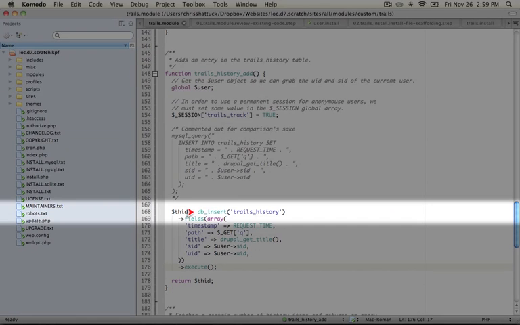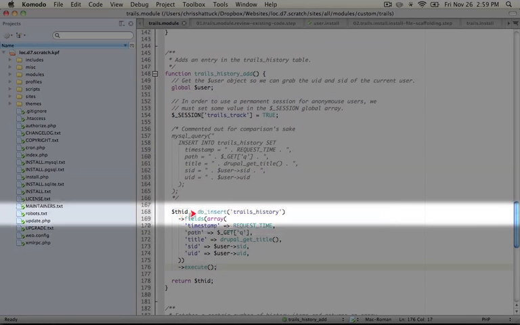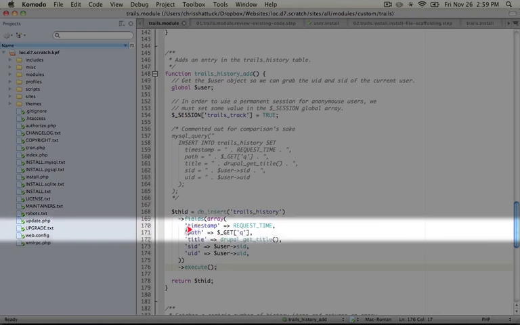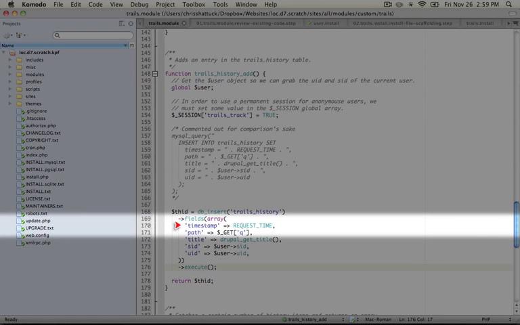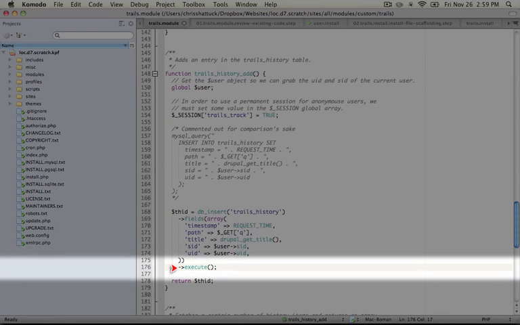One of the methods that this object has is called fields. And what fields does is allow us to assign values to various fields. And in the case of an insert query, this means that these are values that will be inserted into these columns as we process the query. It also contains one more method, which is called execute. And this is after the query has been built, then execute needs to be run in order to actually process